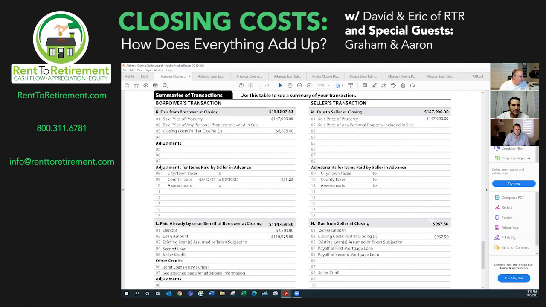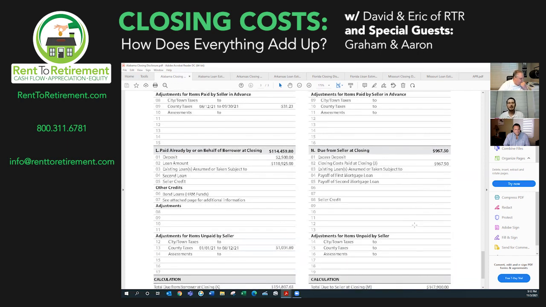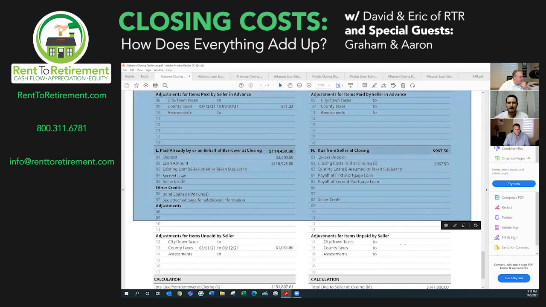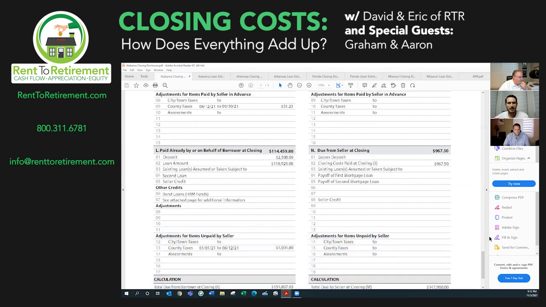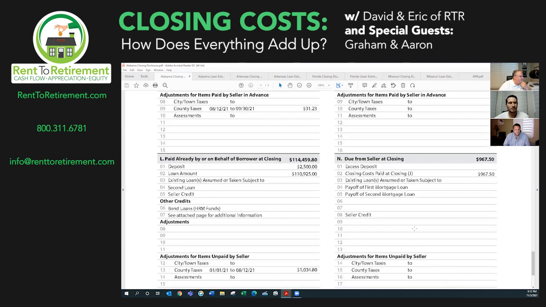So section K here, this is really just recapping what we already saw on the first 2 pages there. If we scroll down a little bit, section L is going to be where we see any credits that are essentially coming back to the borrower. So in these numbers, we consider the earnest money. So what they paid at the very beginning when they reserved that contract, that's a credit back to them. Our loan amount, we're crediting that back to them to ultimately make up what's owed at the transaction.